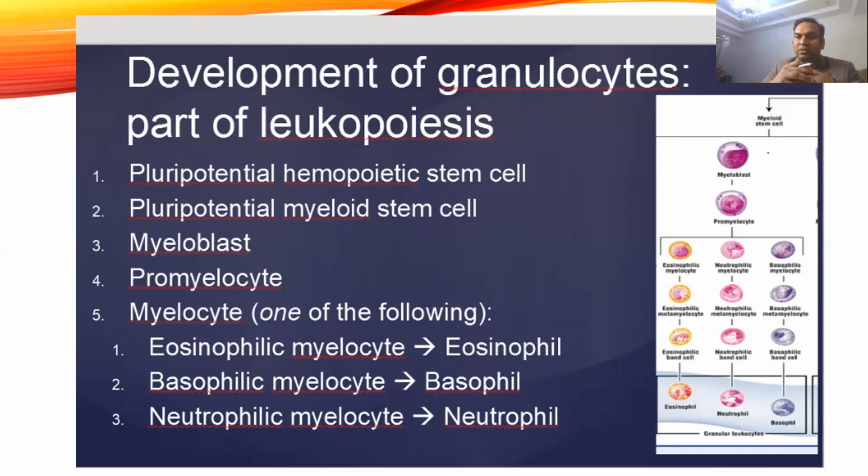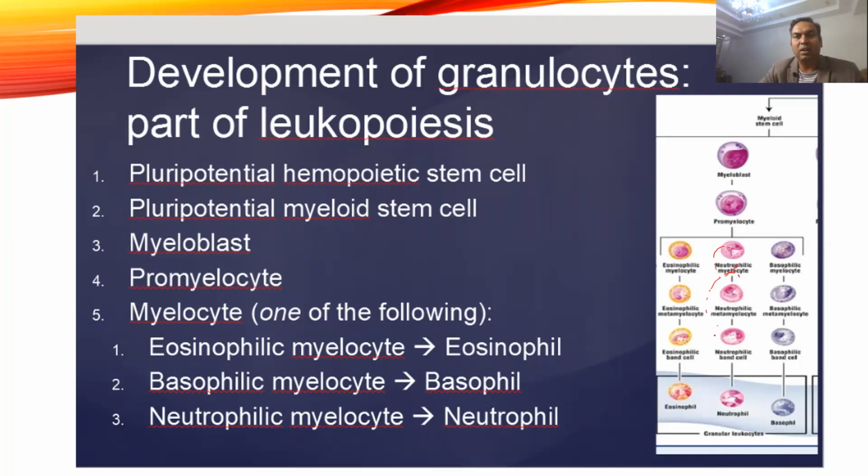colony forming unit. So if they get exposed to colony forming unit G, then it develops into neutrophils and converts into neutrophilic myelocytes. Then it differentiates into neutrophilic metamyelocytes, then band cells, and then it forms neutrophil. Okay. Then similarly, eosinophil is represented by colony forming unit EO. Then it develops into eosinophilic myelocytes, metamyelocytes, and then band cells. This is not basal, it is band cell, and from it develops the eosinophil.